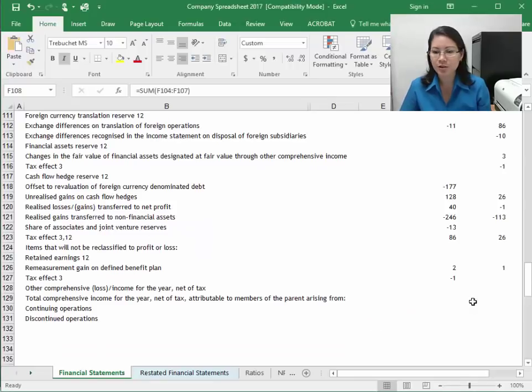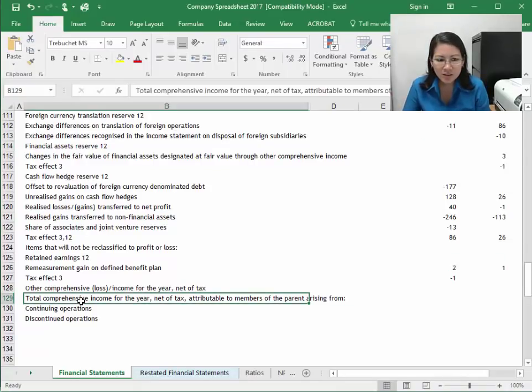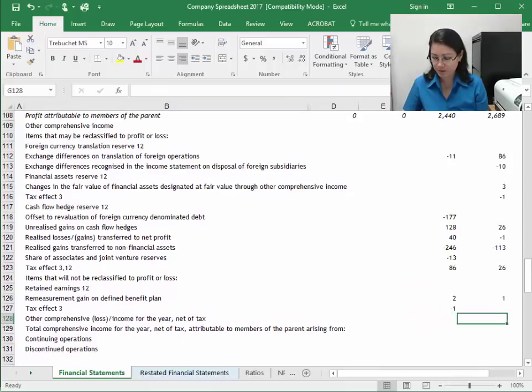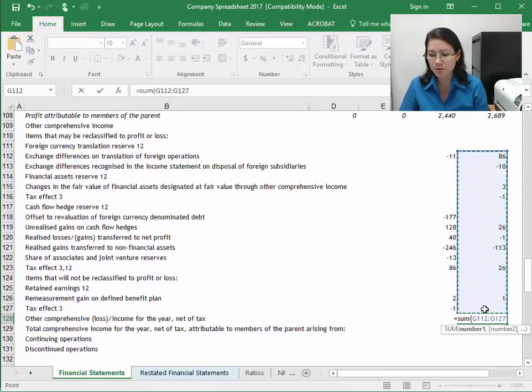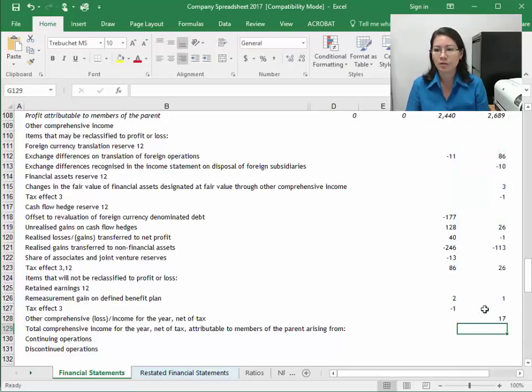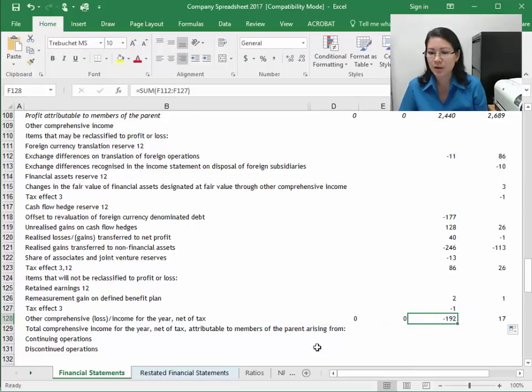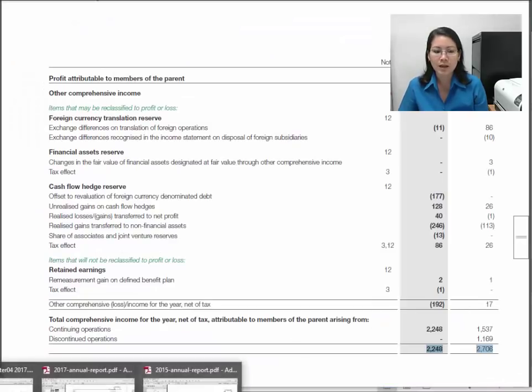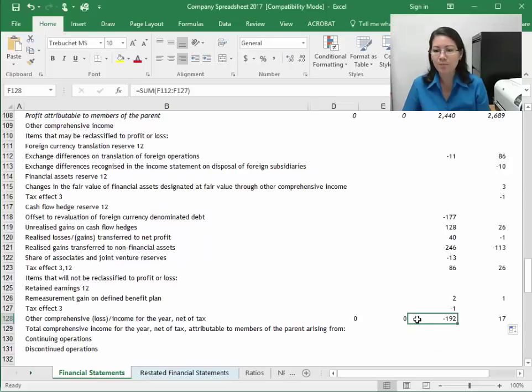So let me go and just check other comprehensive income. So this will be my equals sum of all my comprehensive income items. 17, fill it right across, and 192, was it 17 and 192? Yep, that's good. And now my net comprehensive income,